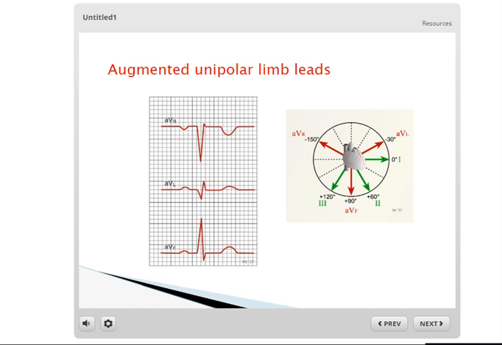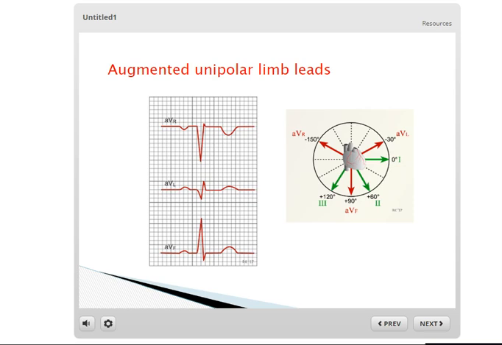If a wave of depolarization is spreading from right to left along the 0-degree axis, then lead 1 will have the greatest positive amplitude. Lead AVF will have the greatest positive deflection when the direction of the electrical vector for depolarization is directed downward, at plus